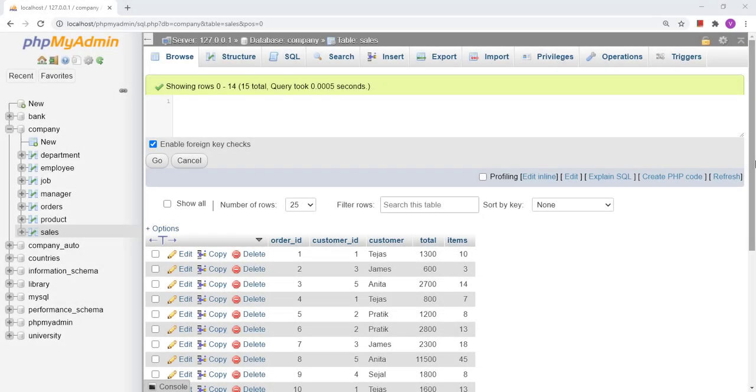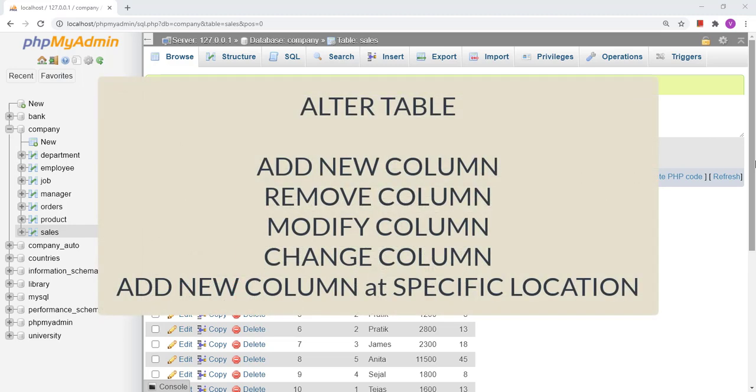Hello friends, today we will discuss the alter table query in MySQL. Alter table is used to modify the schema of a database or a table. So today we will see how we can perform various schema related operations with the columns. We will see how we can add a new column, how we can remove a column, how we can